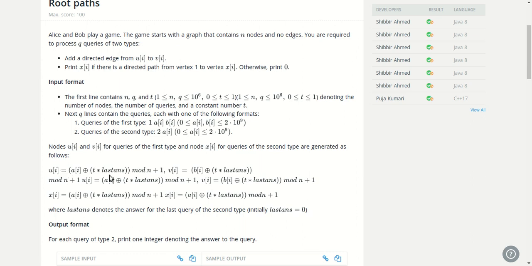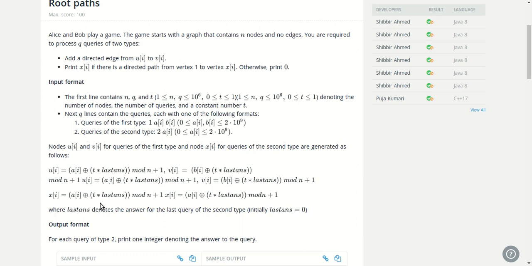We will get ui. Similarly for vi, it is calculated as bi xor t times last answer, the same as the previous one, mod n plus 1. That's all we need to do.